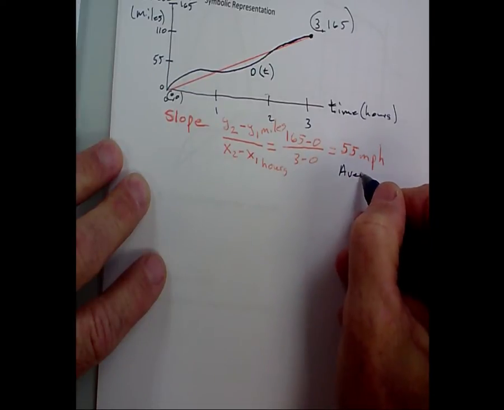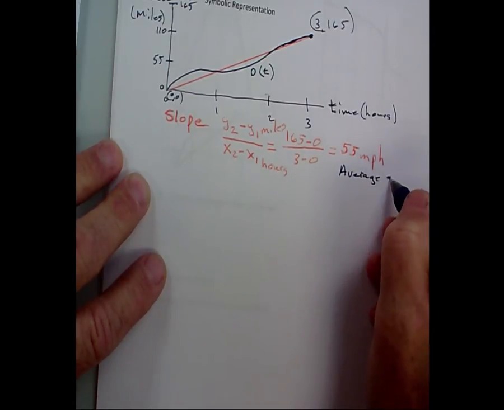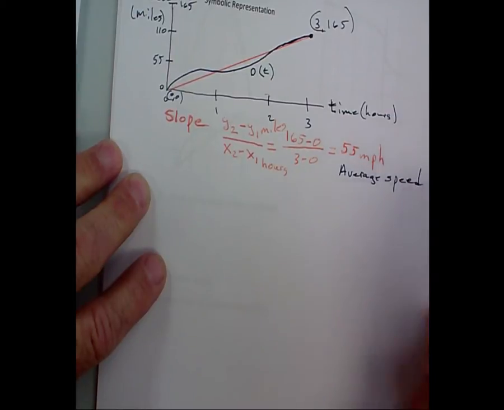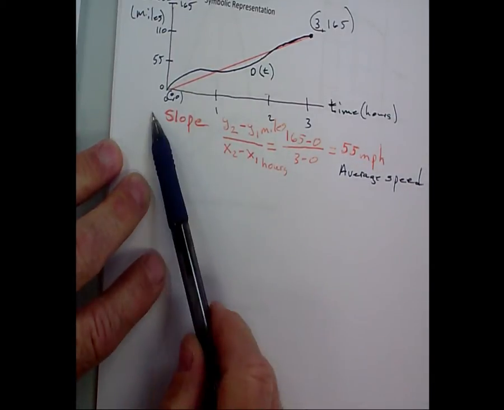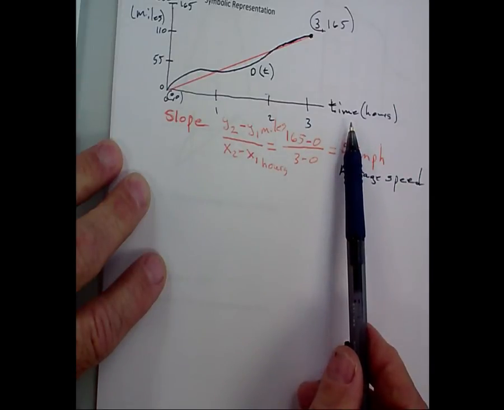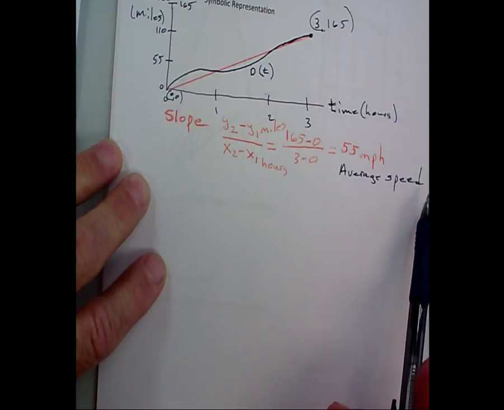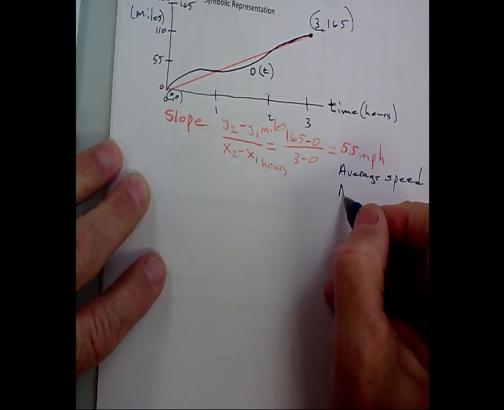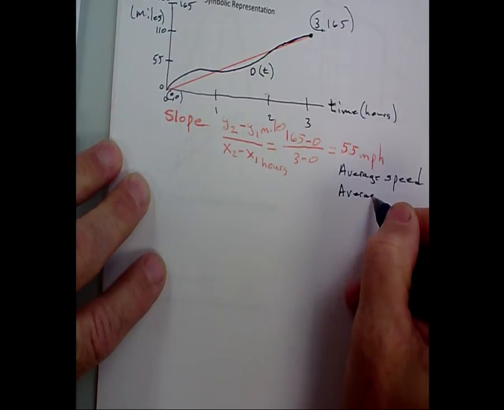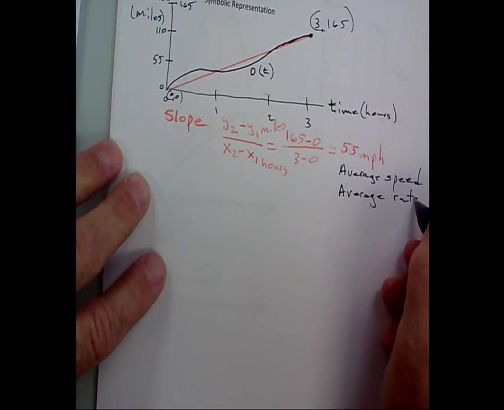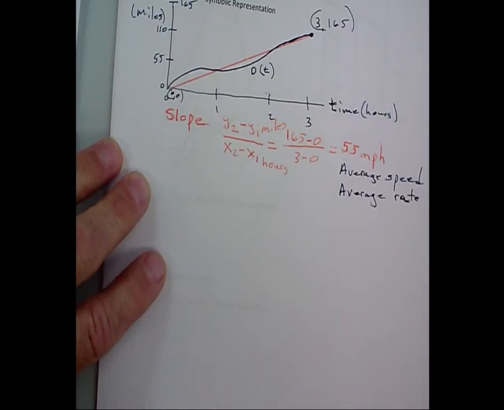Average speed. Now, Lillian, if this was gallons here, I wouldn't use speed, would I? Because I'd have miles per gallon, correct? So a more general term is average rate. And sometimes it's a speed. Are we okay with that? All right, now,